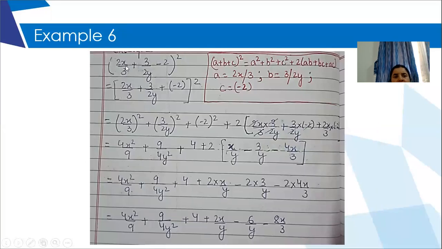Now here again I have got 3 terms, because terms are separated by plus and minus signs. I see there is one plus sign and one minus sign. So this is my first term, this is my second term, and this is my third term. But I see there is a difference: I've got one plus and one minus. The only identity which I have learned till now doesn't have any minus sign. It only has plus signs.